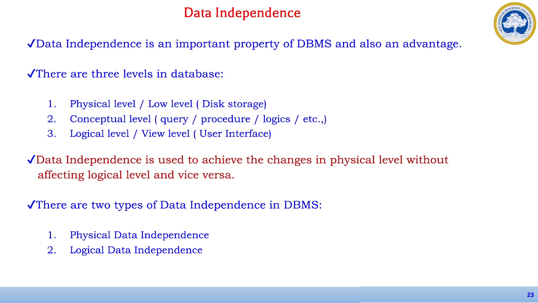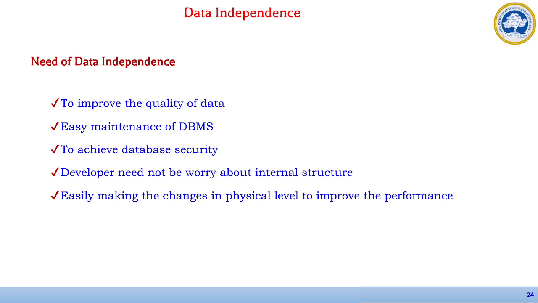There are three levels in the database: physical level, conceptual level, and logical level. Data independence is used to achieve changes in the physical level without affecting the logical level and vice versa. There are two types of data independence in DBMS: physical data independence and logical data independence. Need of data independence: to improve the quality of data, easy maintenance of DBMS, and to achieve database security. A developer need not worry about the internal structure and can easily make changes in the physical level to improve